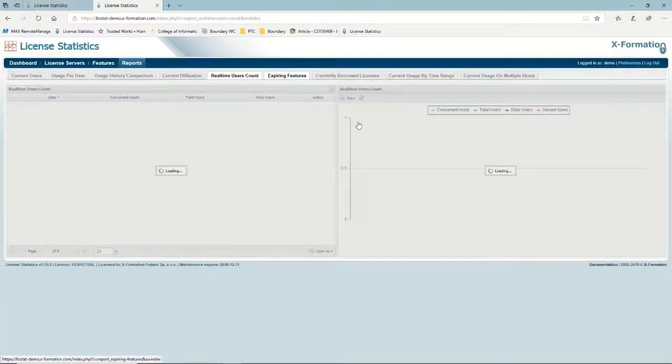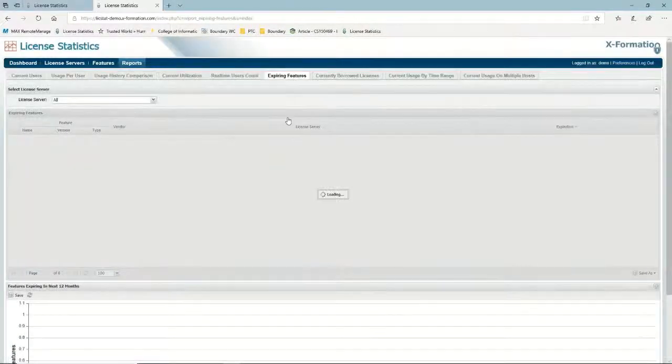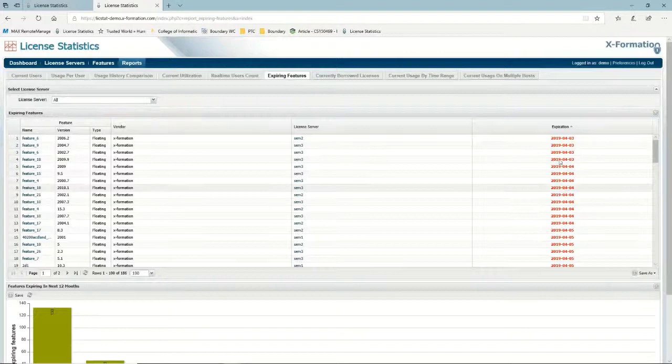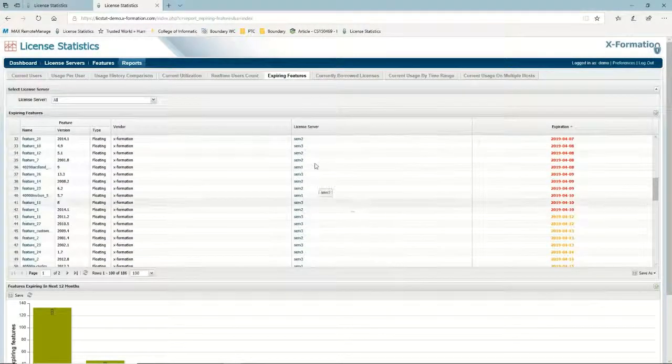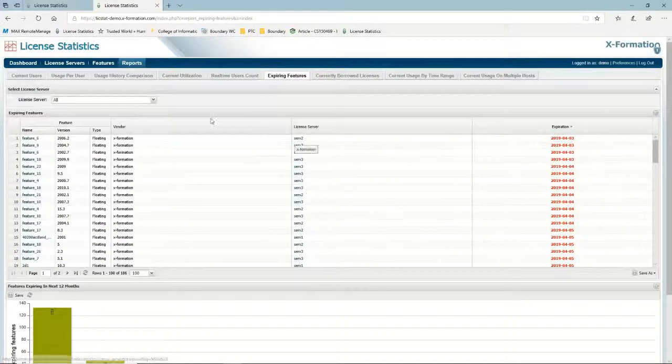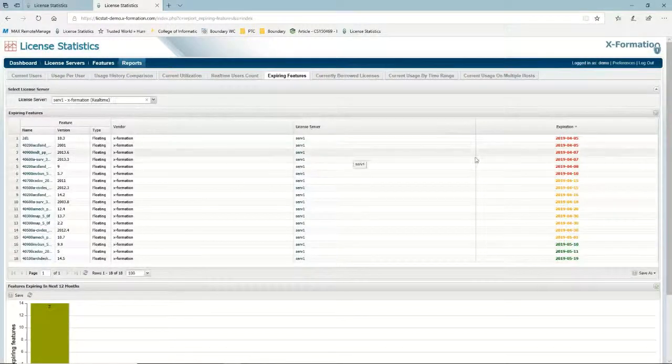Once again, as far as how many users are totally using the system right now over a period of time. And then you have an important area, of course, which is expiring features. So what information is expiring. Now it is going in and showing for all the different servers. So if we do want to look at a specific server, we can filter that down and just look at server 1,